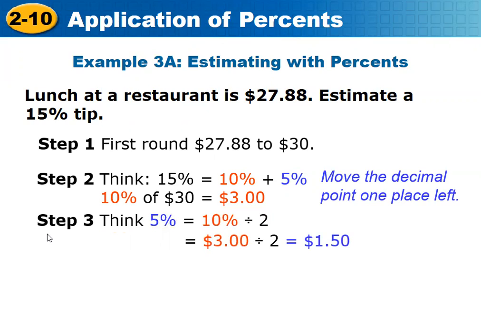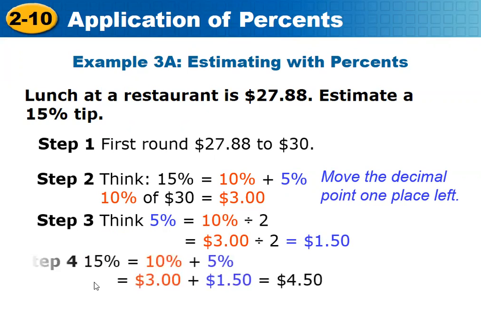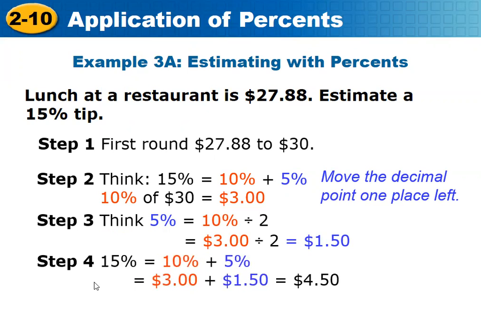5% means 10 divided by 2. Then I can make 3 divided by 2. It will be 1.5. Then I'm going to add them together. We said 15%, it will be 10% plus 5%, so it will be 3 plus 1.5. So the answer, it will be